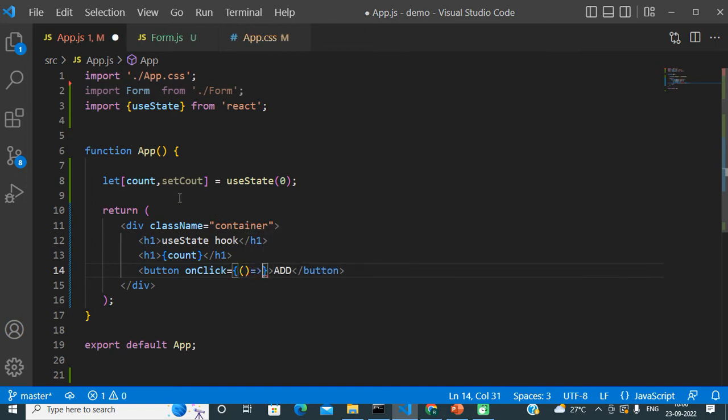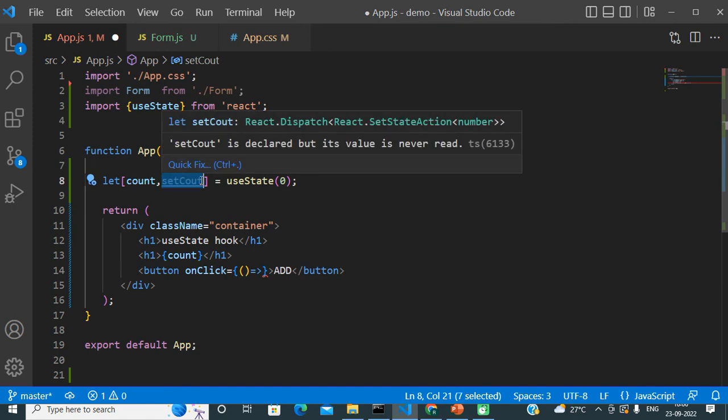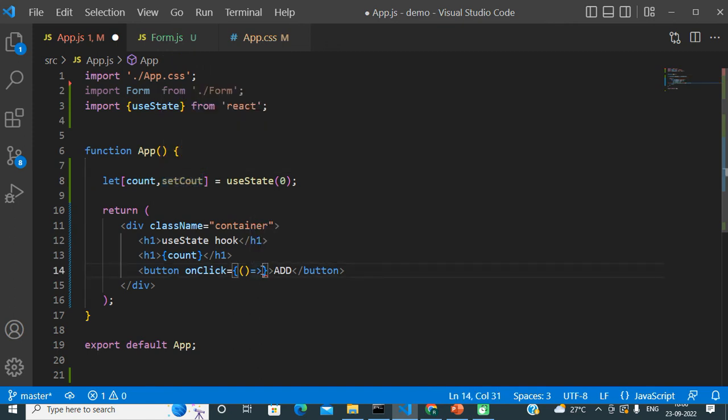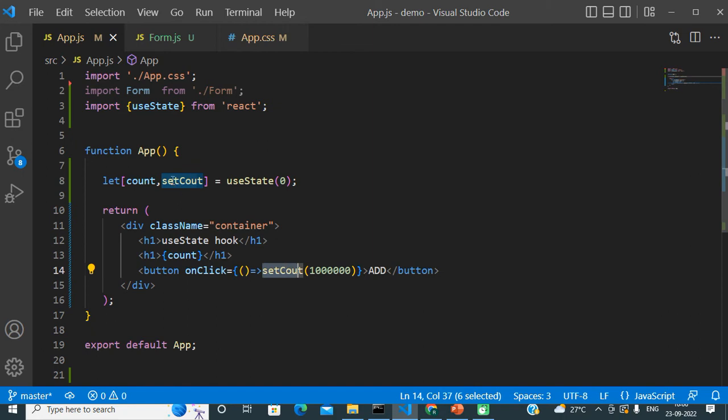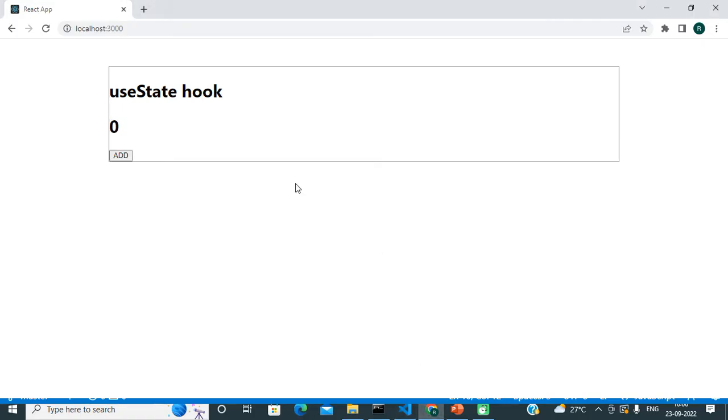So here, with the help of this function, later in our application we can update the value of the count variable. Whatever value I pass here, let's say I am just passing this value, then when I click on that button, this function will be executed, and whatever value I am passing to it will replace the old value of the count variable. Okay, so let's try it. If I click on this button, my value is getting updated.